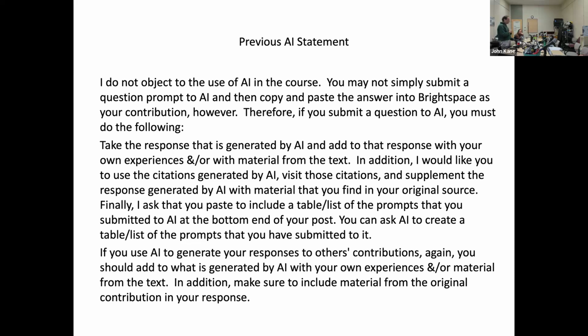Many people did not. Many people just copied and pasted AI's response into their response, made it like it was their own words. They would say, as Smith and Jones say, blah, blah, blah, and then they would cite Smith and Jones at the bottom of their response. But then I would click on Smith and Jones. Smith and Jones didn't exist. So obviously they did not read Smith and Jones, and they did not even bother to read what AI had generated for them.